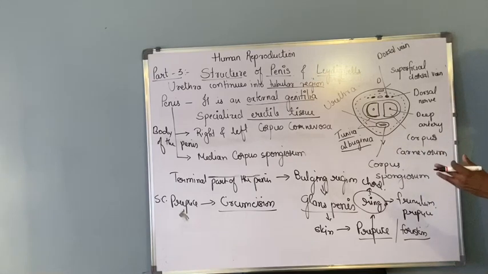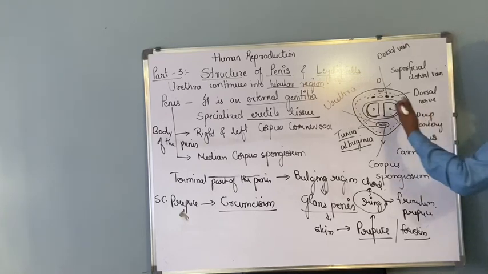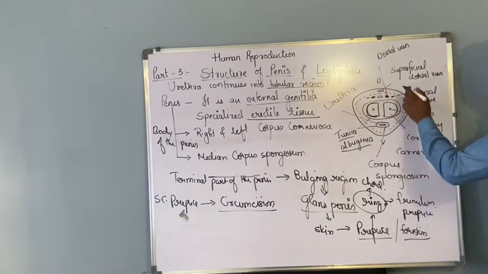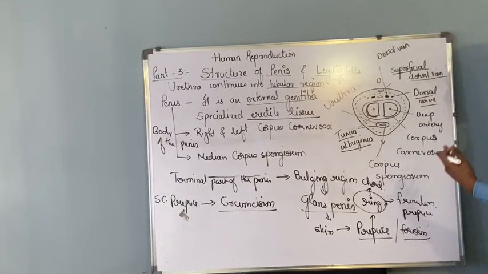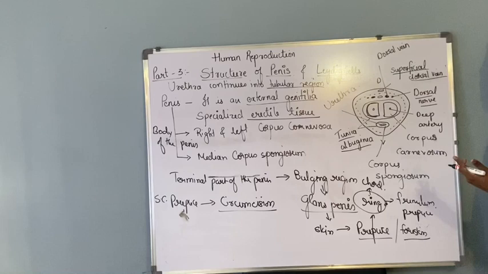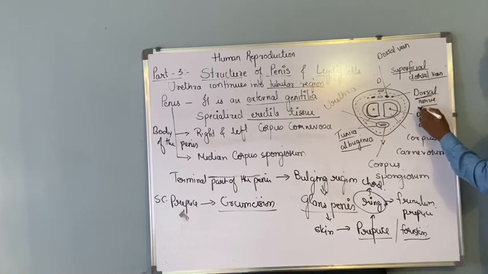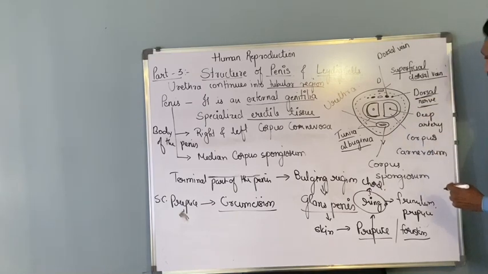And what makes the penis have a large supply of blood? There are several arteries and veins. You can see a superficial dorsal vein and a dorsal nerve, because there is sensing. You require an autonomous nervous system to control the erection of the penis. Hardening of the penis is controlled by the autonomous nervous system, so there is a supply of nerves in the penis.